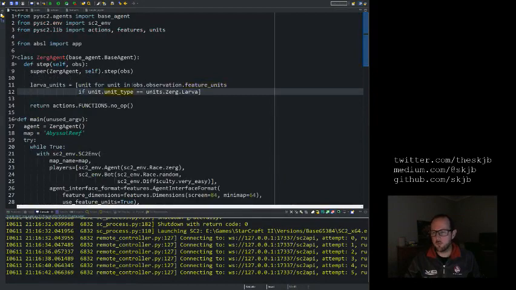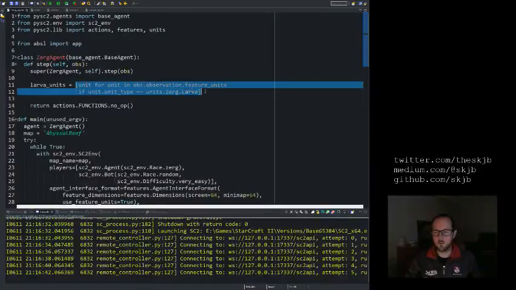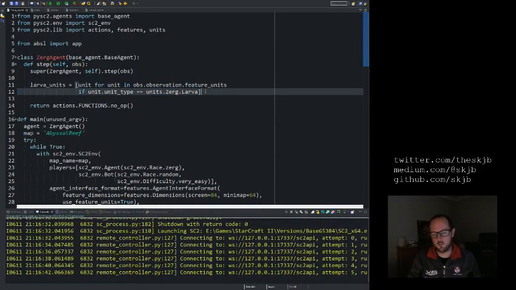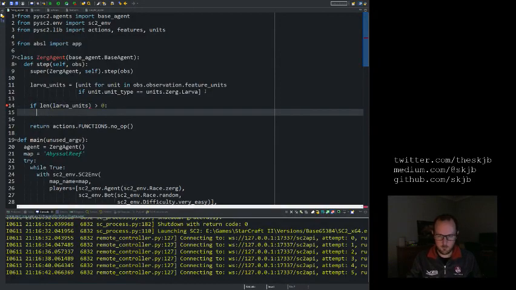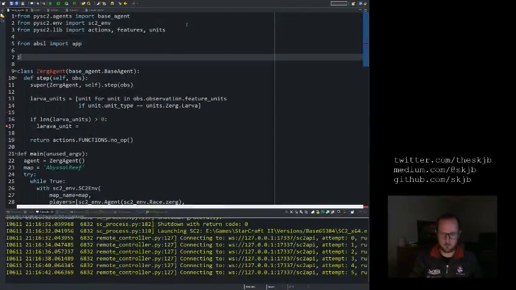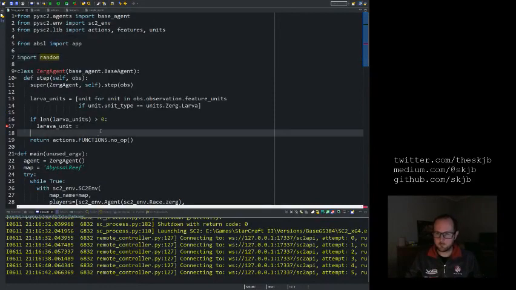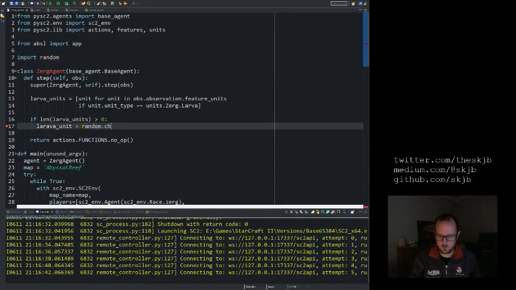So we loop through all those units, and then if the unit type is a larva, then we will return it. So we end up with a list of larva units essentially that come back. So if the length of larva units is greater than 0, so if we have any larva units, then what do we want to do? We want to select those larva units. So we're going to need a random now, so import random, larva unit equals random.choice larva units,